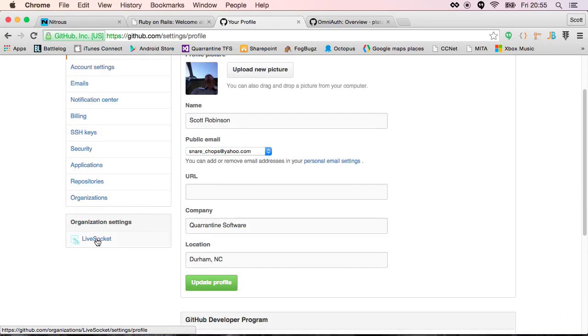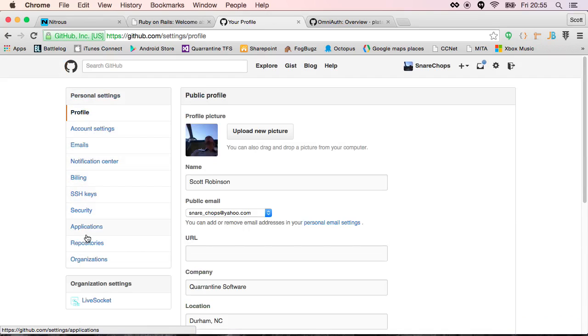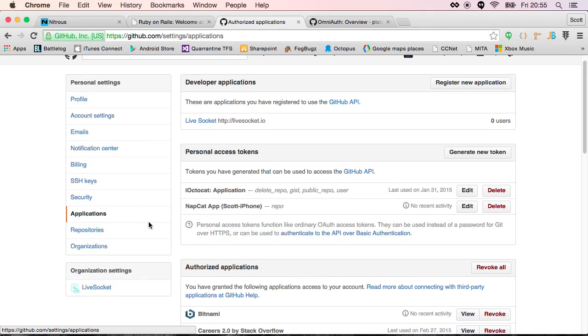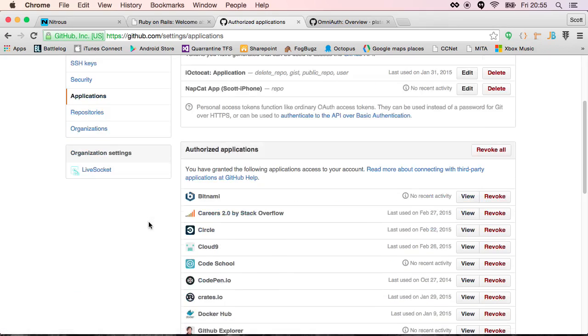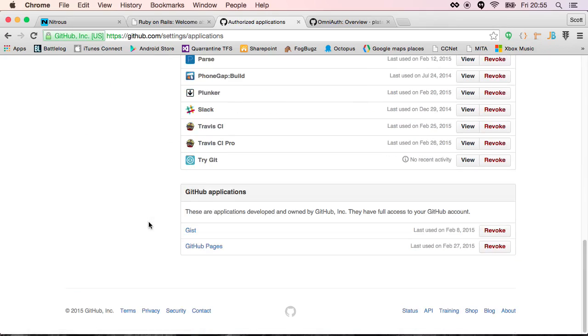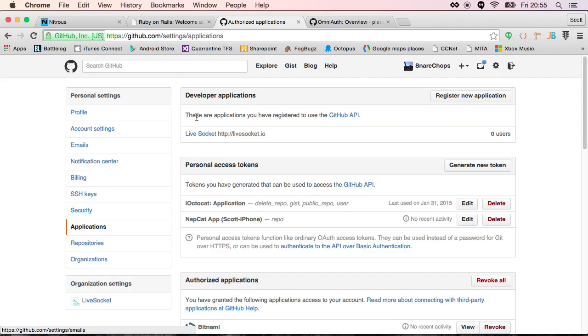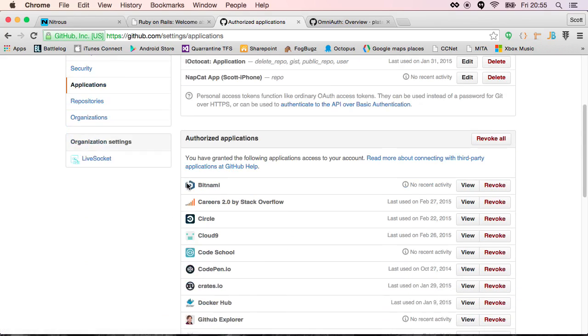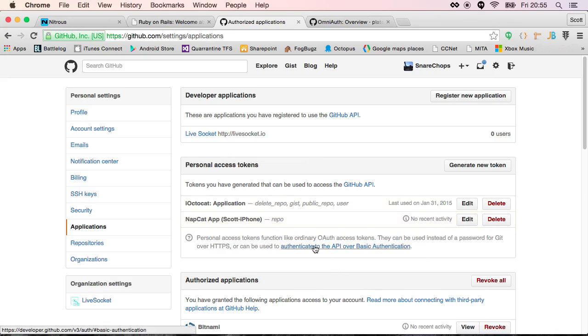Developer program, developer site, applications. Or is that just... These are applications you've registered. How? I want the OAuth stuff. Personal access